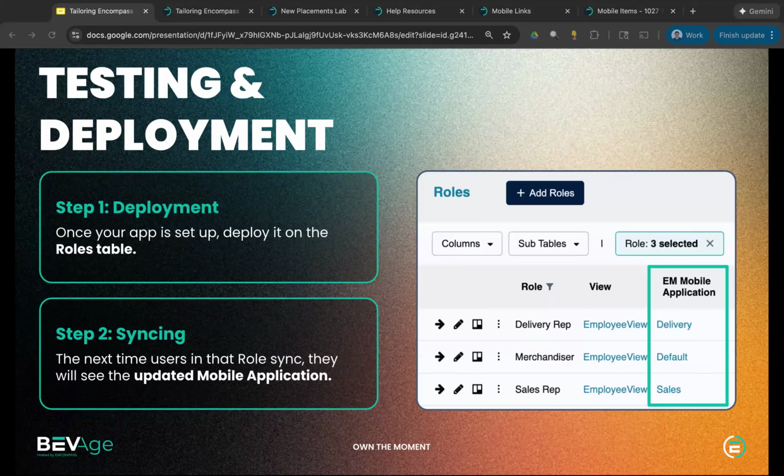Now, once we have tested this and everything looks good and we're ready to go, that is where we're ready to deploy this to the roles. So it is actually fairly easy to do this. It is just a field on the role table itself. We just go to the role. There's a field called Encompass, or sorry, EM mobile application, and you just edit this to the application that you created and tested. So we can see here on the right-hand side, this is an example of just three different,